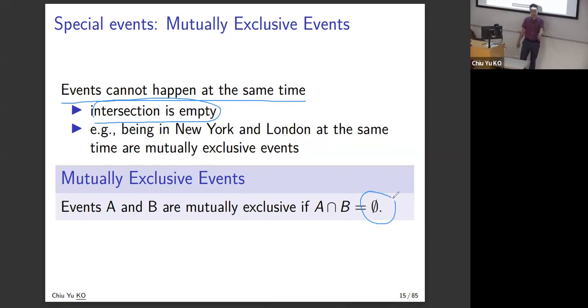What's mutually exclusive? The idea is, for example, if you are now in CUHK, you can't be in HKU at the same time. For example, a boy is dating a girl A, and he might also be dating a girl B, right? That's possible if he is a good time manager. However, at a particular point of time, he can only date one girl, right? Otherwise, if two girls are there, then they will fight.